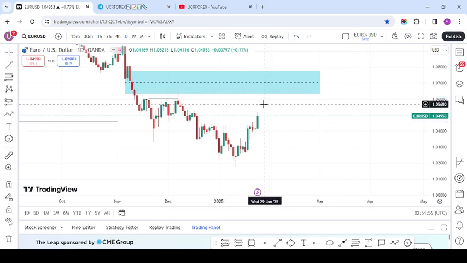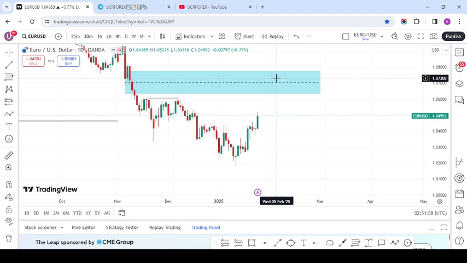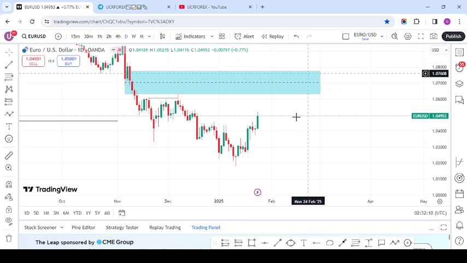So the moment price breaks above that high, number one, we have gotten a change of character, and price has rebalanced the fair value gap. All we have to do is wait for price to retest back, or maybe return back this way, and go in for a buy. That is it. If price actually does something that looks like this,